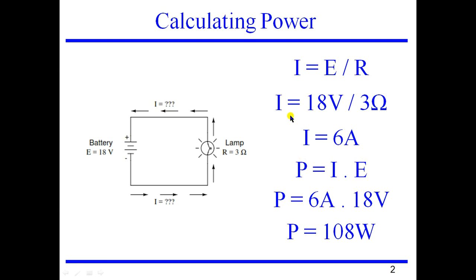So to find the current, according to Ohm's law, I am aware that I is equal to E by R. So I just need to substitute the values of voltage, which is 18 volts, and my resistance, which is 3 ohms, in this formula, and I'll be getting my current is equal to 6 amps. So my next step to find the power, which is the question over here, power is equal to 6 amps into 18 volts. So 6 amps obtained from here, 18 volts from here, and I'm going to get power is equal to 108 watts. So from this I understand that power is equal to 108 watts.